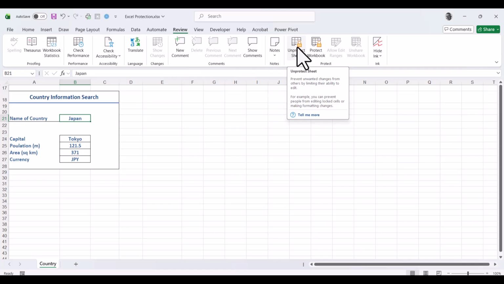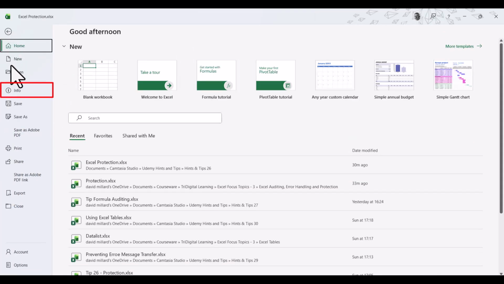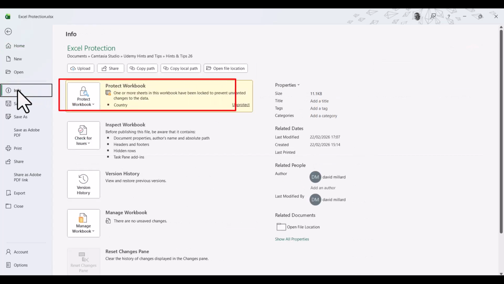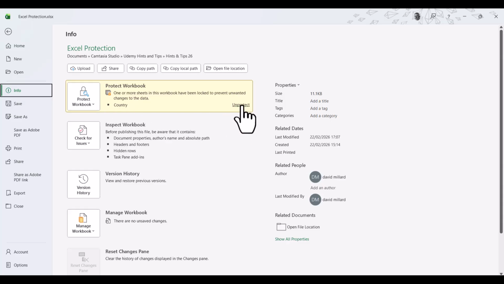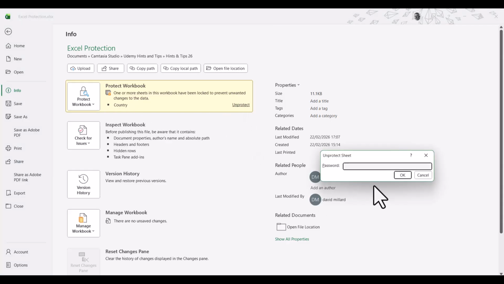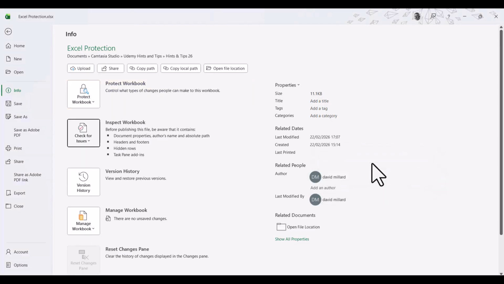Okay, if you go back over to the File tab of the ribbon and then down to Info, you'll see here that this sheet has been protected. Okay, so you can see that the sheet's protected, and if you want to unprotect it, you've got to then be able to put in your password. So I'm going to do that. I'll put in 123 again, and that then unprotects that sheet,